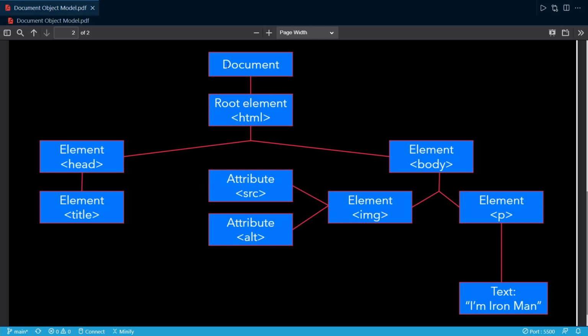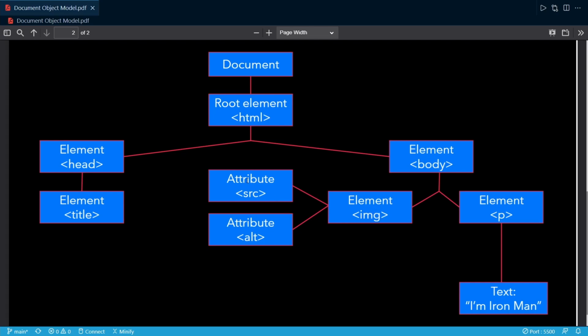It just means that our whole HTML is represented as a tree, as an object. At the root is our document object, and then we have the root HTML element, and our root always has a head, and head has a title inside of it, and we have body, as HTML also has a body.